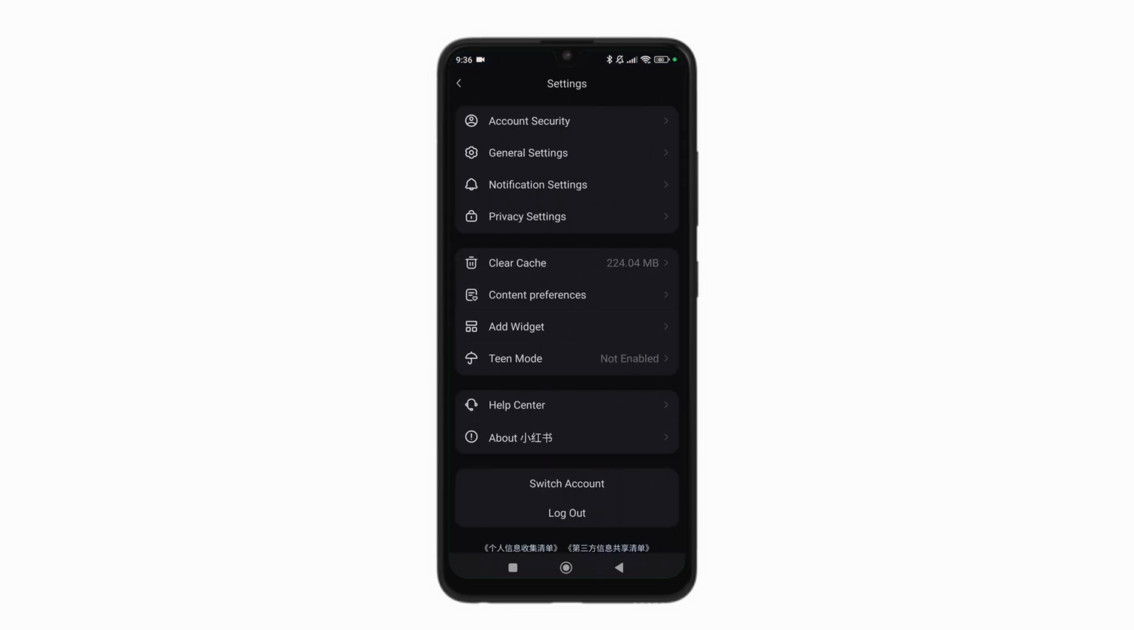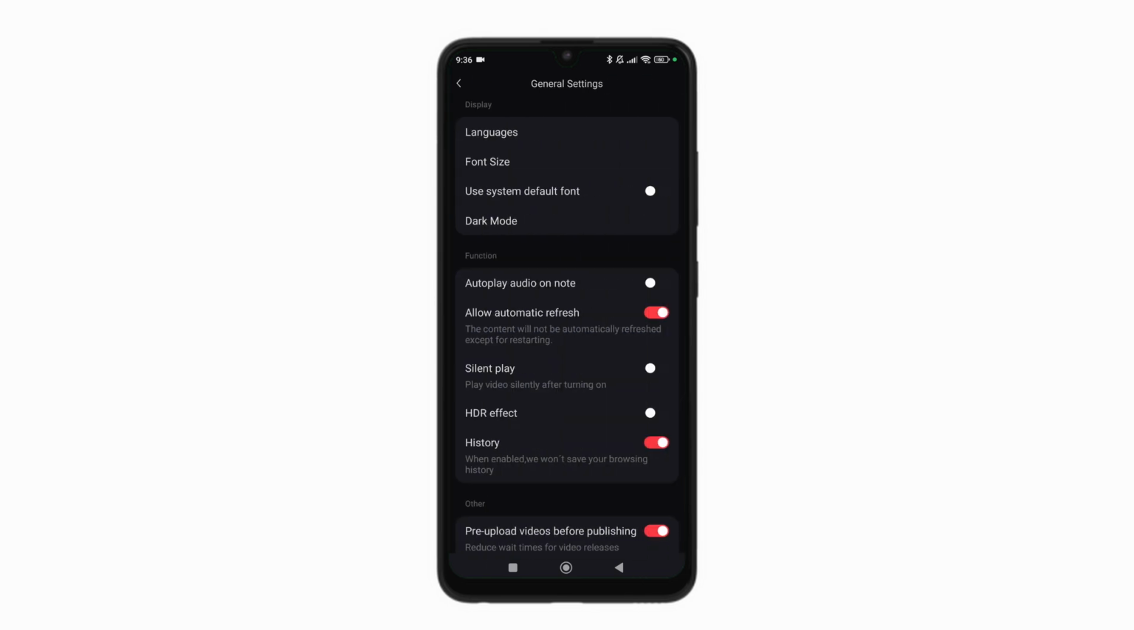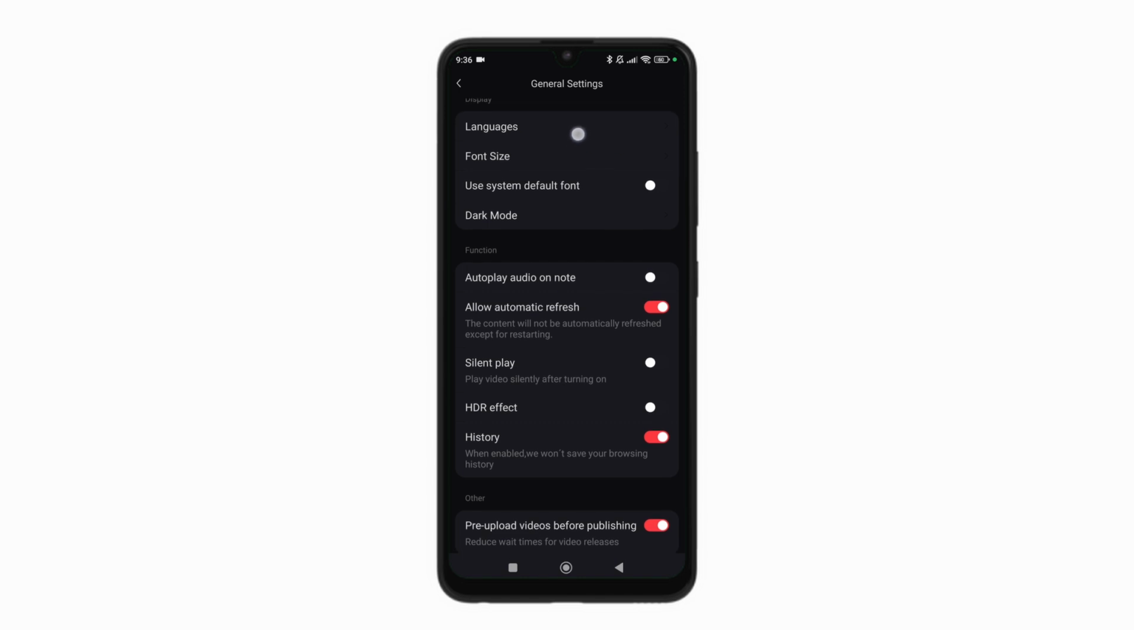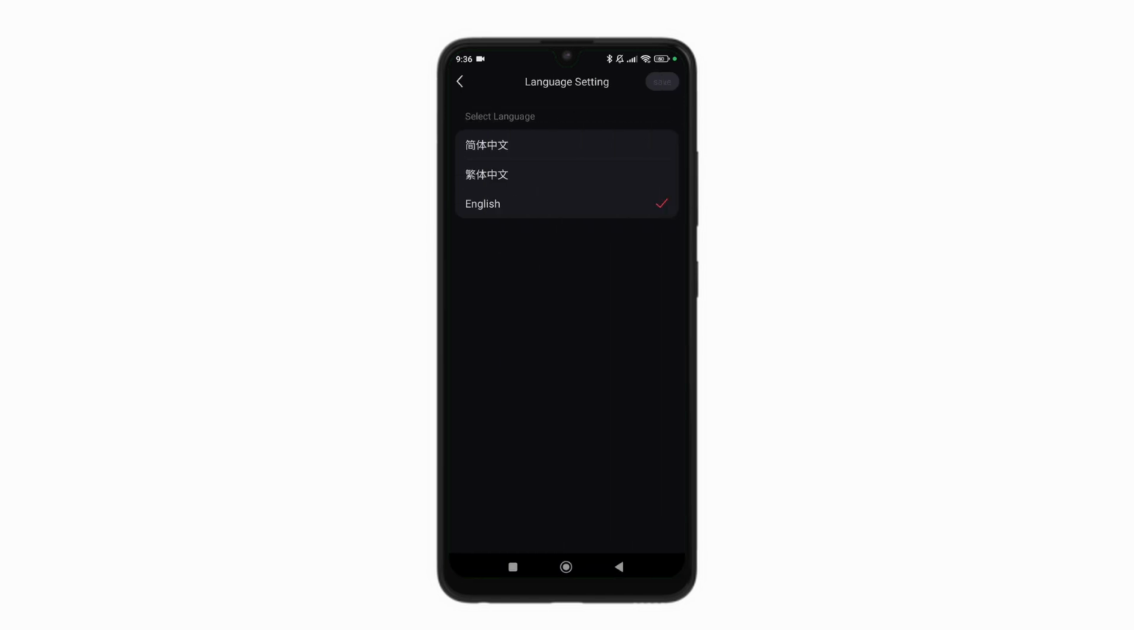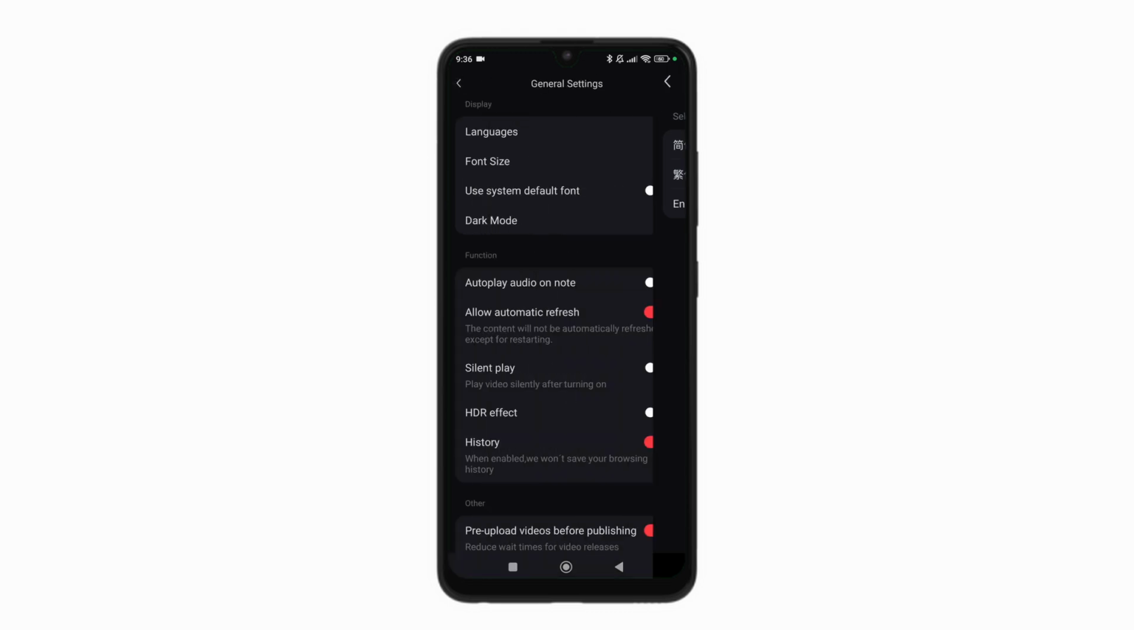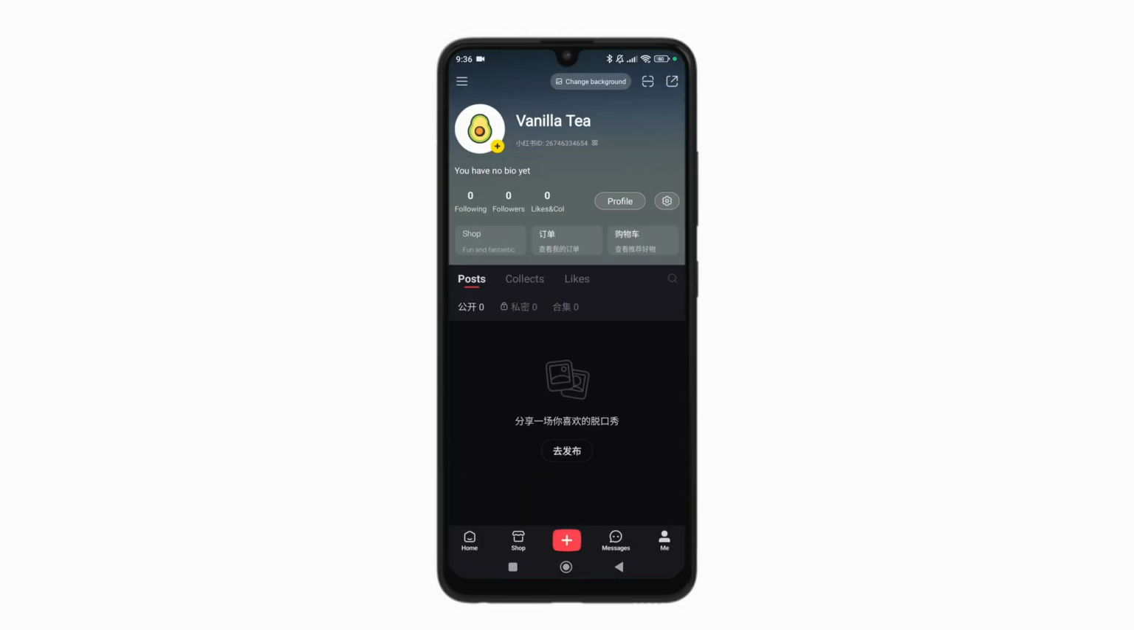Now from the gear icon, you want to go to the general settings here. Just click on that. And then on here, you'll see that there's a language option right there. Now on languages, you can pick either English, Mandarin, or another type of Mandarin. I'm not really sure. But of course, pick English like this, and then your RedNote app will have English